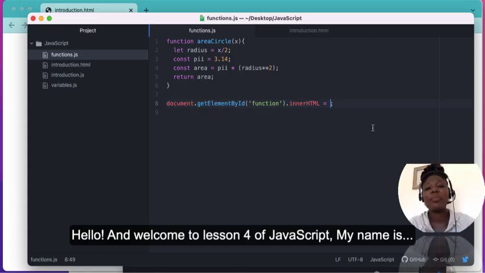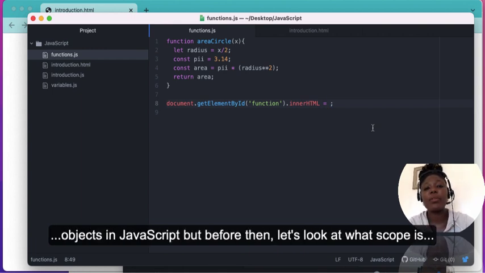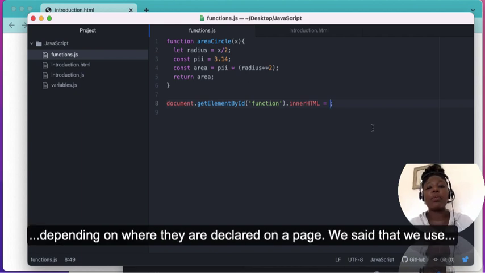Hello and welcome to lesson 4 of JavaScript. My name is Mildred. In this lesson, we are going to look at how to create objects in JavaScript. But before then, let's look at what scope is and the different accessibility of variables depending on where they are